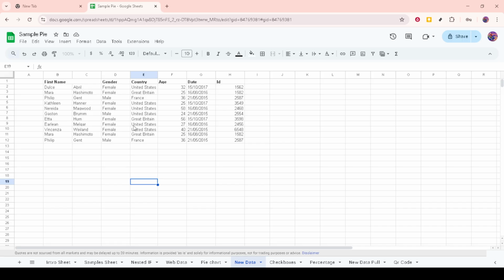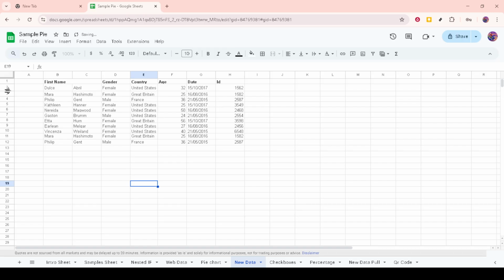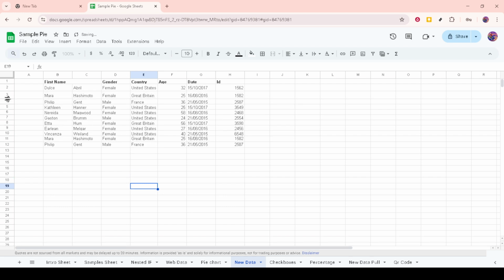One of the simplest methods to change the row height is by using the click and drag technique. Hover your cursor over the line separating the row numbers on the left-hand side. Your cursor will change to a double-sided arrow. Click and drag the line to your desired height. This method is quick and gives you real-time feedback as you adjust the height, making it ideal for small tweaks.